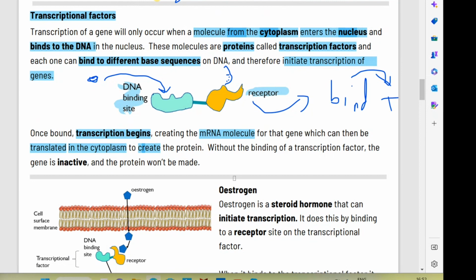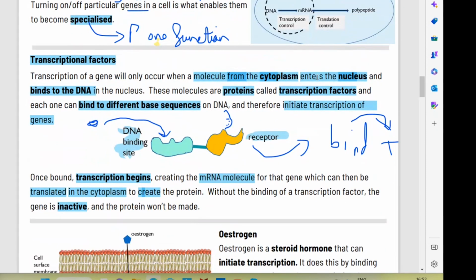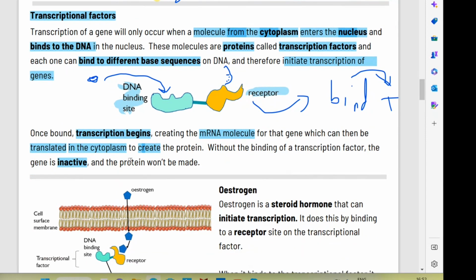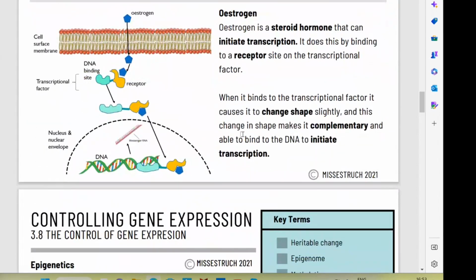So without the binding of a transcription factor, the gene is inactive. If we don't have any binding factors, it's really good for your essays, if you do have stuff on proteins, because transcription factors are to do with proteins. So without these proteins, we won't be able to make the genes active, and the protein won't be made. So we won't be able to make proteins without transcription factors, and that's absolutely crazy, because just having no proteins such as estrogen, which is what we're going to talk about in a minute,